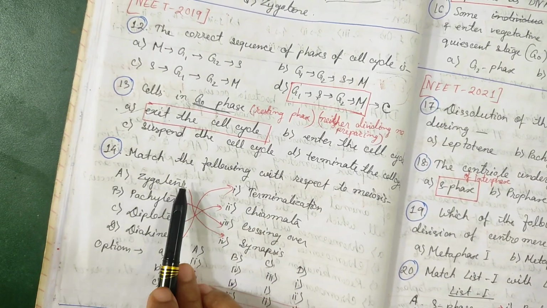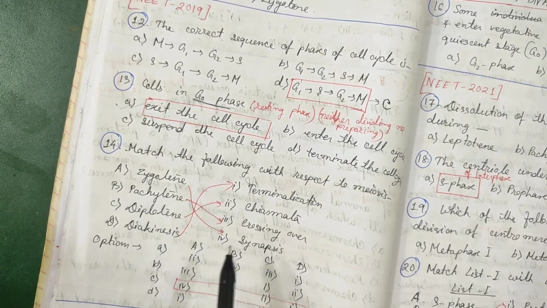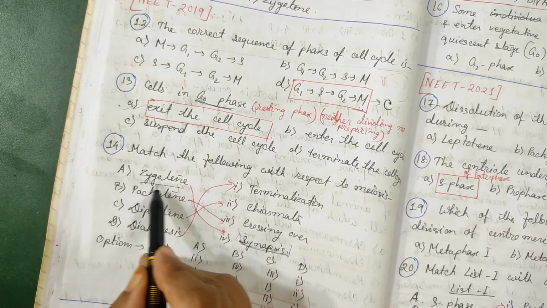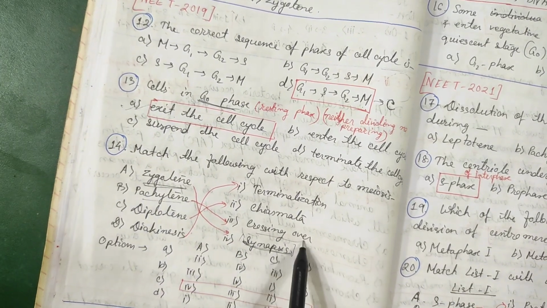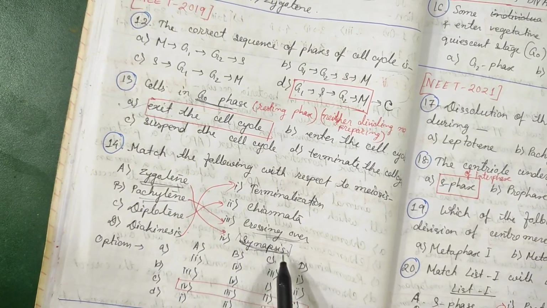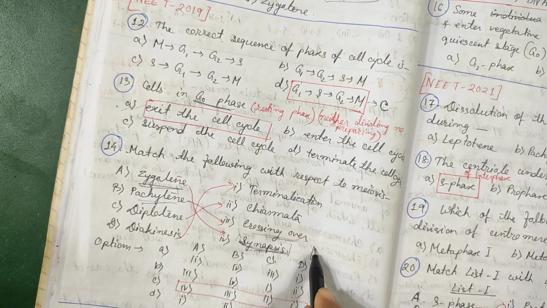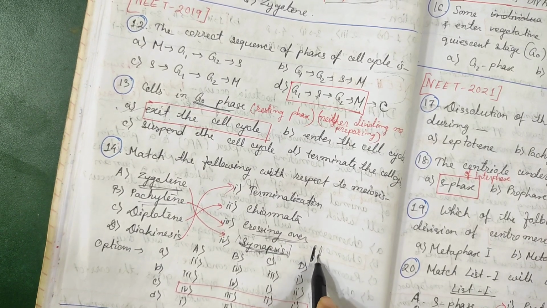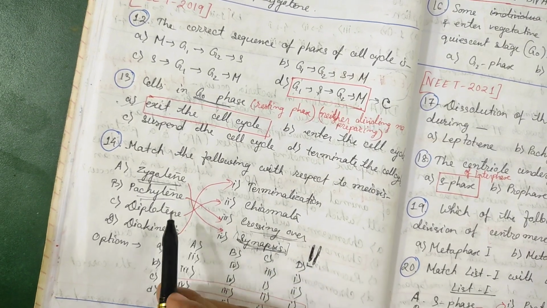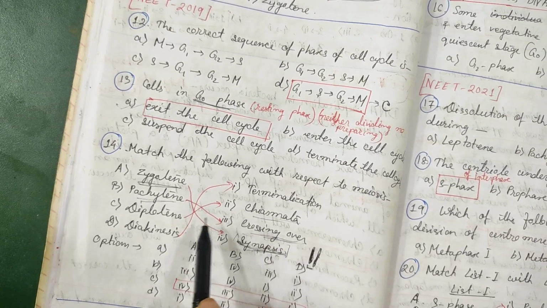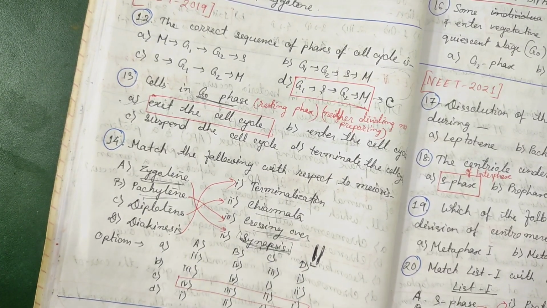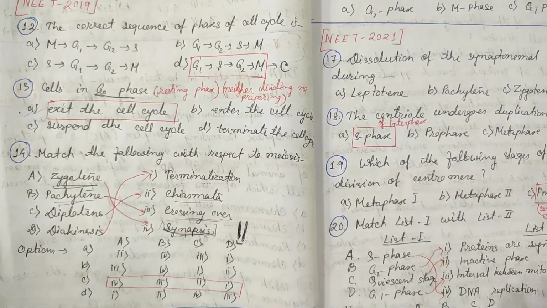Next, question number 14. Matching group 1 to group 2. The zygotene stage is where synapsis occurs, the synaptonemal complex forms, that is synapsis before crossing over takes place. Next, pachytene stage, crossing over. Zygotene stage is synapsis, meaning before crossing over, and in the pachytene stage crossing over takes place. Synapsis means similar types of chromosomes start pairing. Next, in the diplotene stage chiasmata are formed, then diakinesis occurs, terminalization occurs in this diakinesis stage. So the actual answer is option number C.